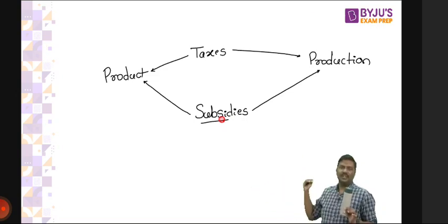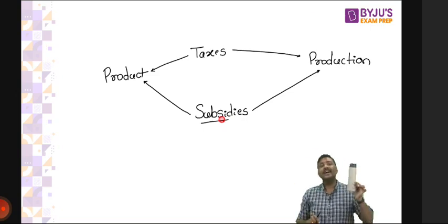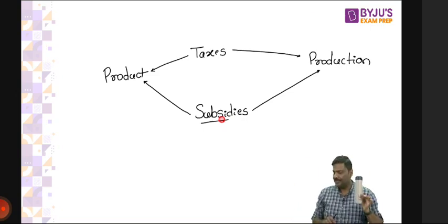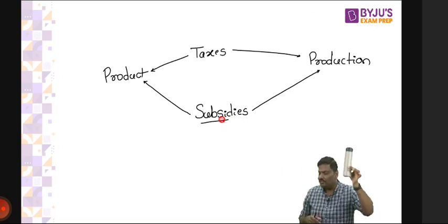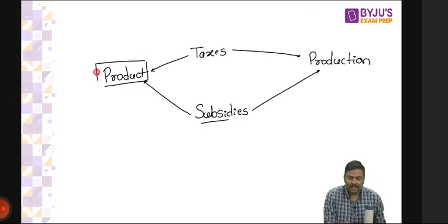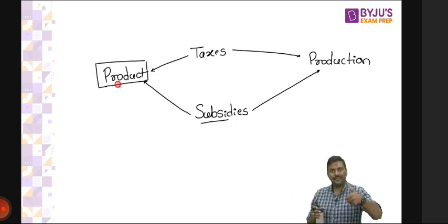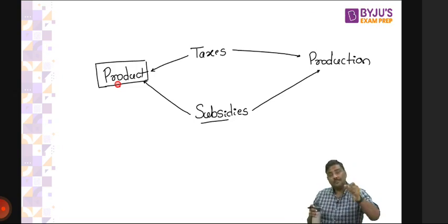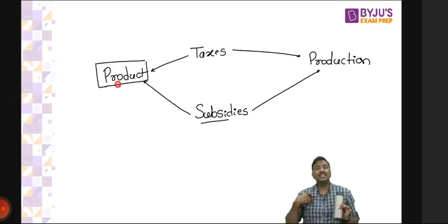A simple question to you. The amount of subsidy that you are receiving in this example, is it connected to the quantity, the volume of production or not? Yes, these are generally referred to as product subsidies. So the logic is, whenever you come across the term product, either product taxes, I'll give you an example for that, or product subsidies, the subsidies you receive are connected to the volume of production. Taxes you pay are connected to the volume of production.